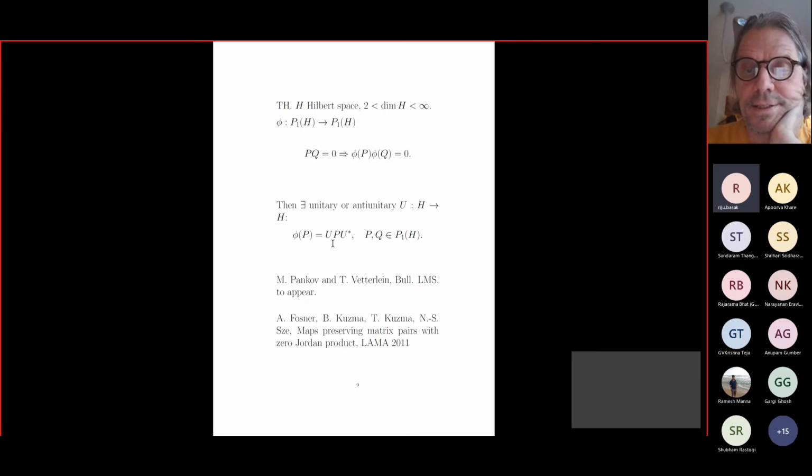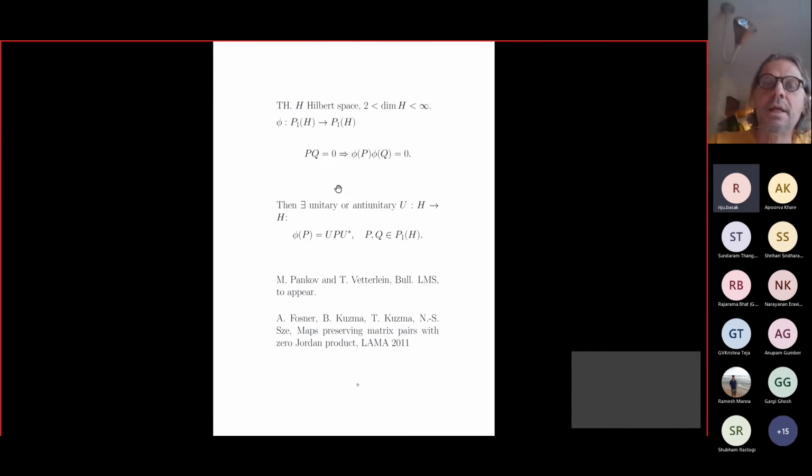But then very, very recently, I discovered that this result was actually proved 10 years ago. I was not aware of it because it was a lemma for some other result. In my personal opinion, this lemma is much more important than the general result proved in that theorem, because this lemma is really the optimal version of Wigner's theorem in the finite dimensional case, because we have the